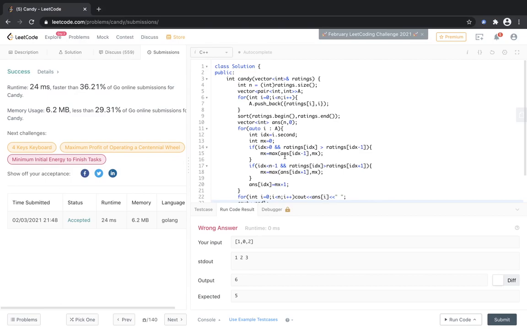So it's 1 2 3, but it should actually be 2 1 2, right? Yeah, so it should be 2 1 2.